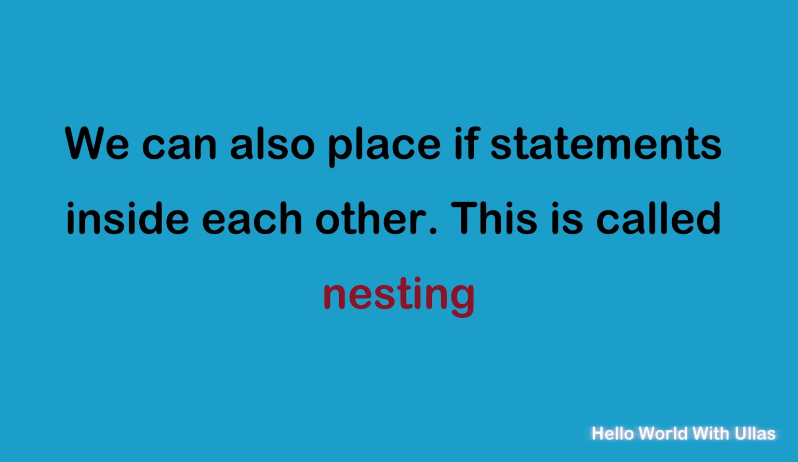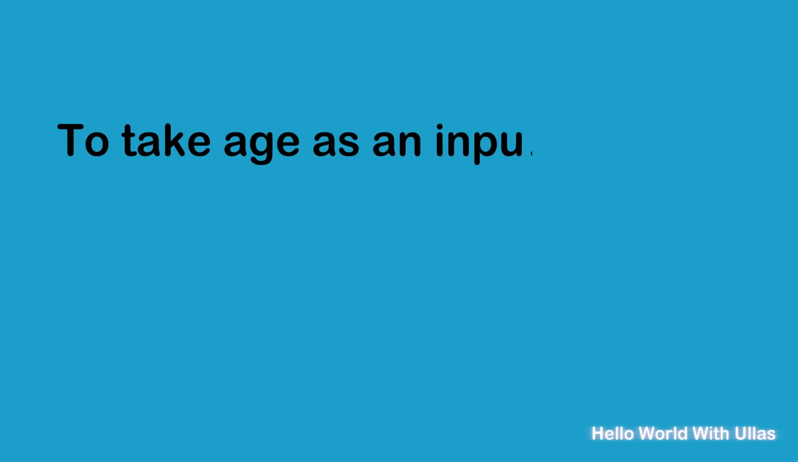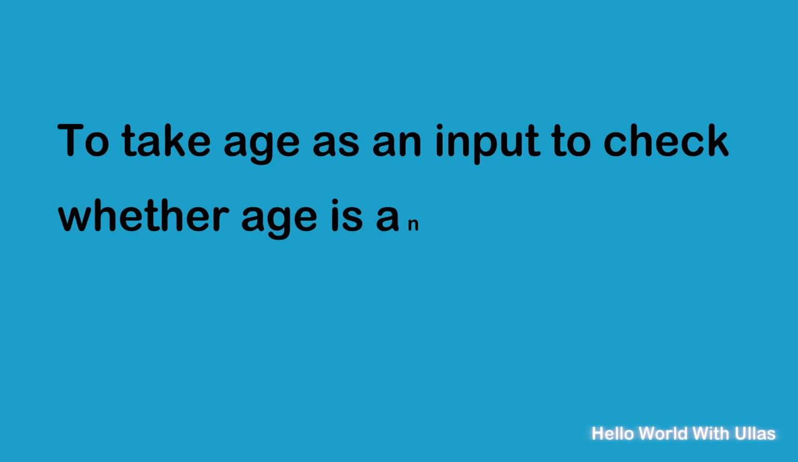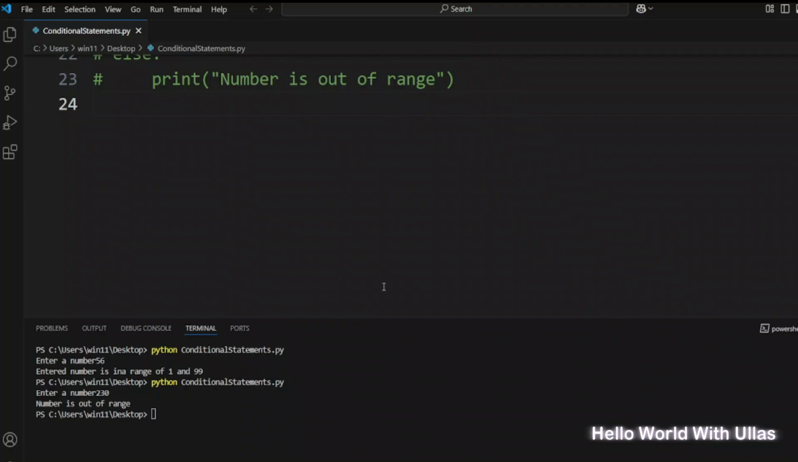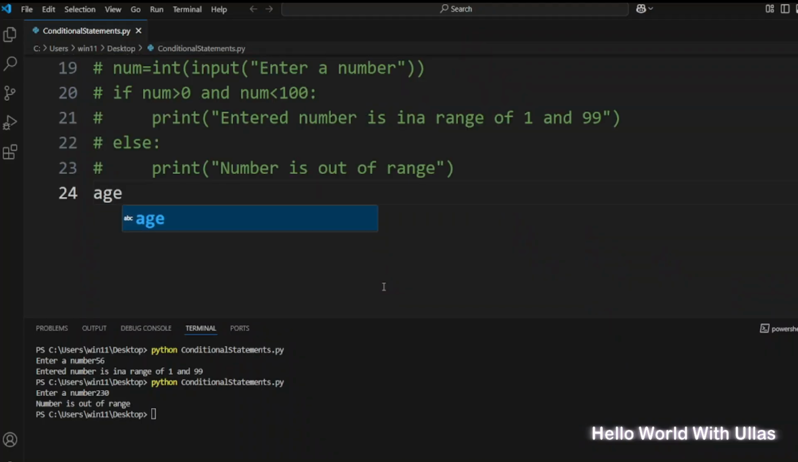We can also place if statements inside each other. So this is called nesting. We'll write a simple program to take an input as an age and check whether the person is an adult or senior citizen or a minor. Let's do that. Age equal to int